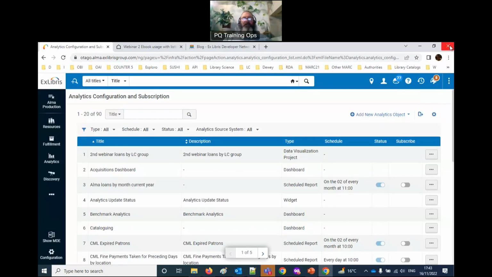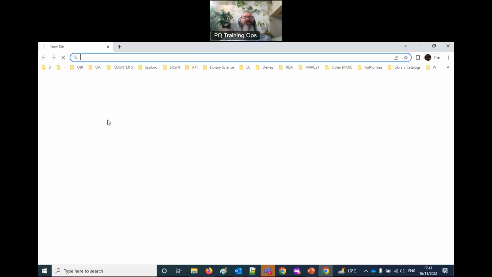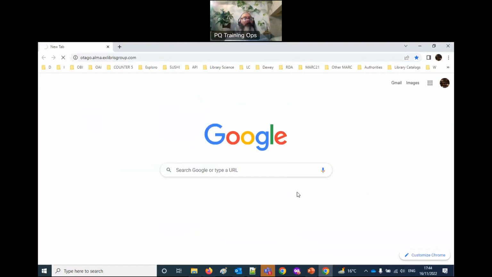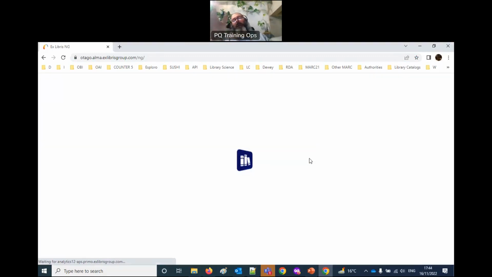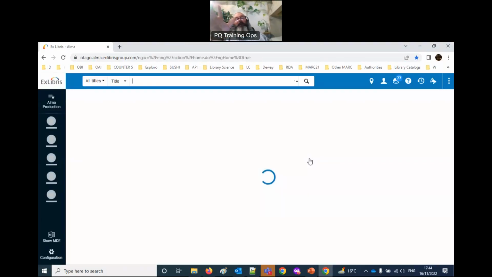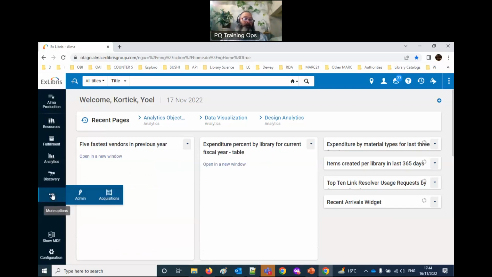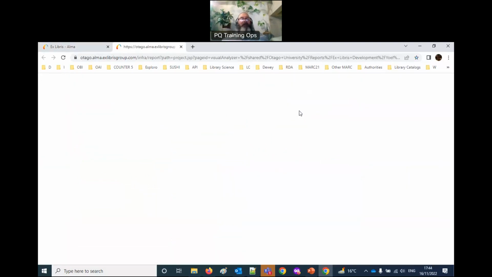Everything is done. Now let's give it a shot. I'm going to close this. And let's open it back up, just to refresh everything. You don't see the projects until you log out and log in. And we should see now my user has those roles that I gave it. So we should see now the link. Then when we go in, I as consumer should be able to use that list box to do some filtering on the workbook. Let's try it out. So if I choose analytics, there it is, webinar 2 ebook usage. I click that